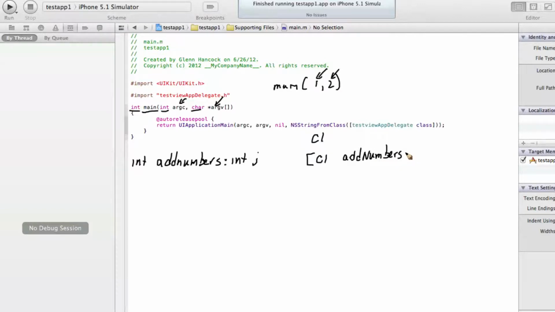And then we're going to have a colon. And then we're going to pass it whatever it is that we want to pass into J. So let's say we're passing in a 2. So you can already see that the difference between the function declaration and the actual use of the function is a little strange. One, we have to tell it the class instance that we're actually working with, which, that's not that